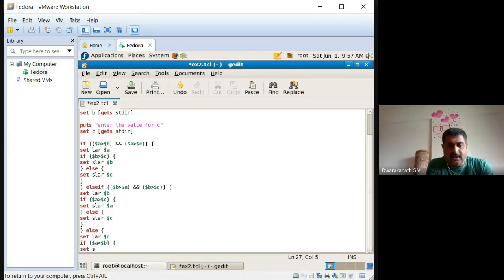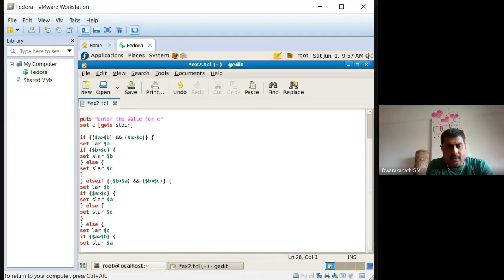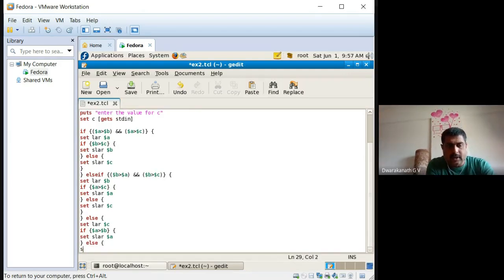Set SLAR as $A. Right. So close that true part. Else set SLAR to $B. If C is largest, the second largest must be A or B. Right?